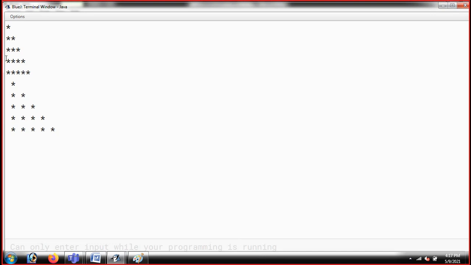Now you can see there's a difference between these two patterns. First, we don't have any space. Second, we have a space. So guys, this is how you can print. You can see here I is 0 and J is also 0. So basically, we are starting from 0, landing on 0.